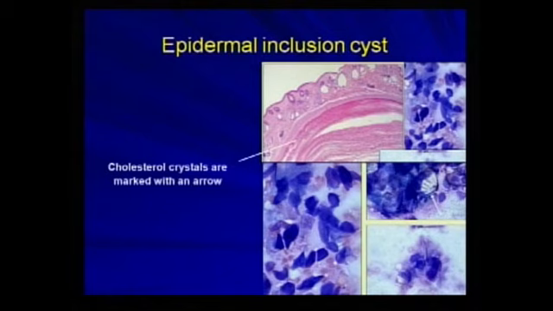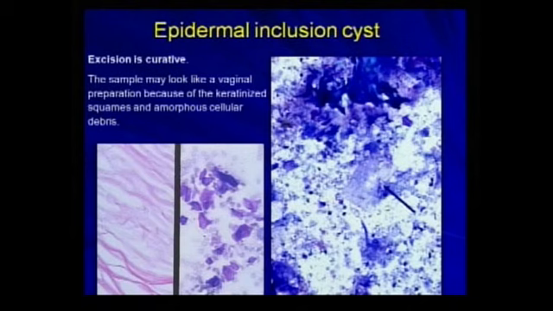So you will see cholesterol crystals and these cornified, angular flakes of keratinized material. Once again, these can be extremely ugly because you're looking for cells and all you see is this flaky keratin debris. But when you see this cholesterol crystal, then you can say. Now, at this point,